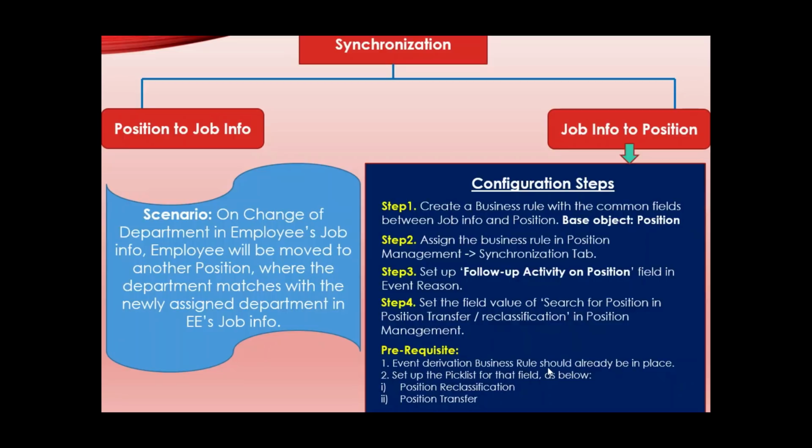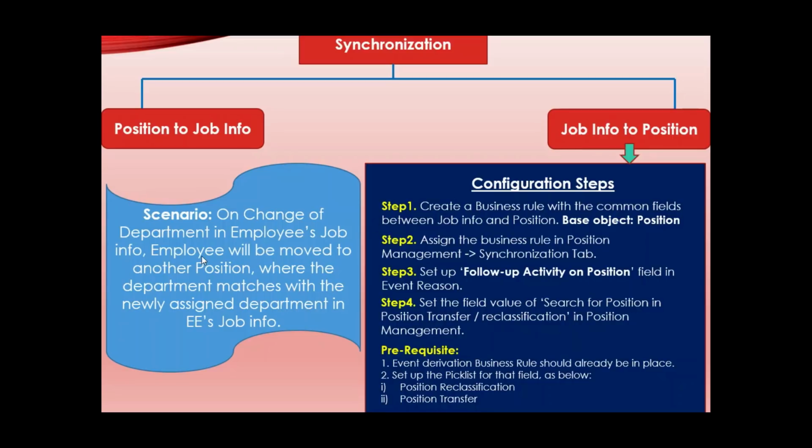The second prerequisite is the pick list for this follow-up activity on the position field. This field is basically a pick list based field, so the pick list values should already be set up. The pick list values should be position reclassification and position transfer. Basically, job info to position synchronization is nothing but a scenario of position reclassification or position